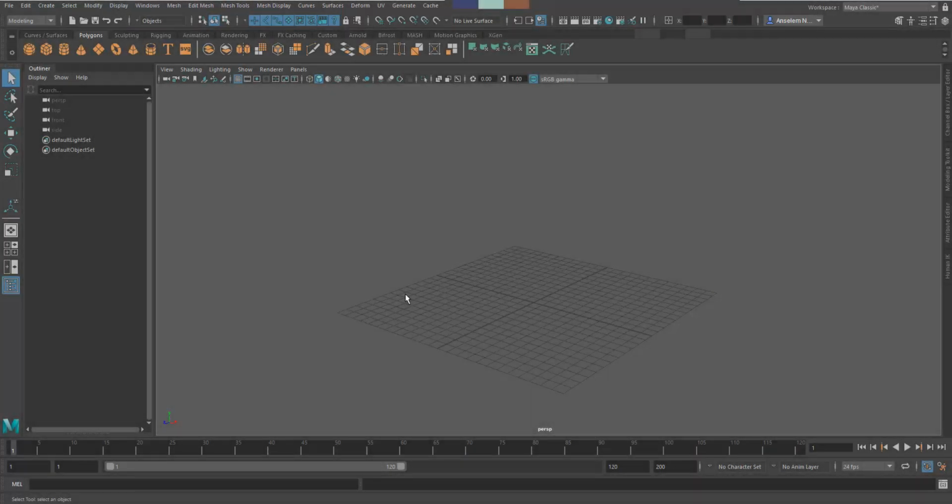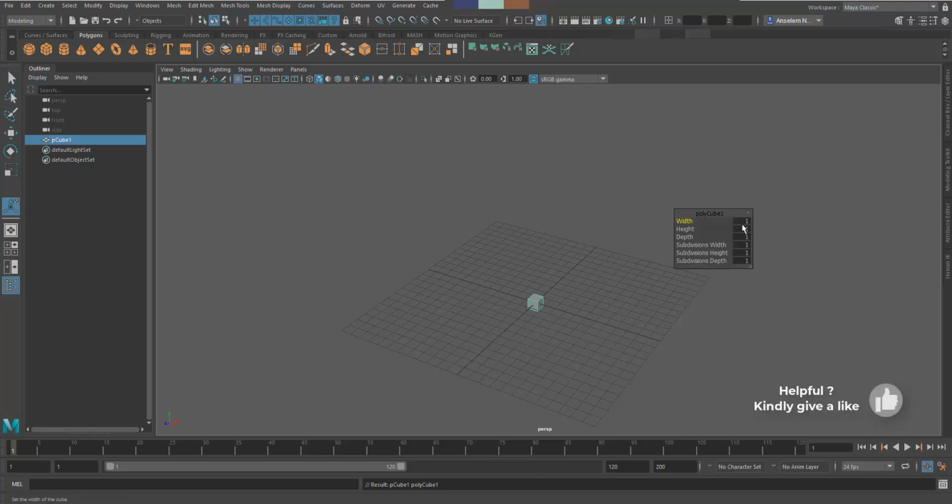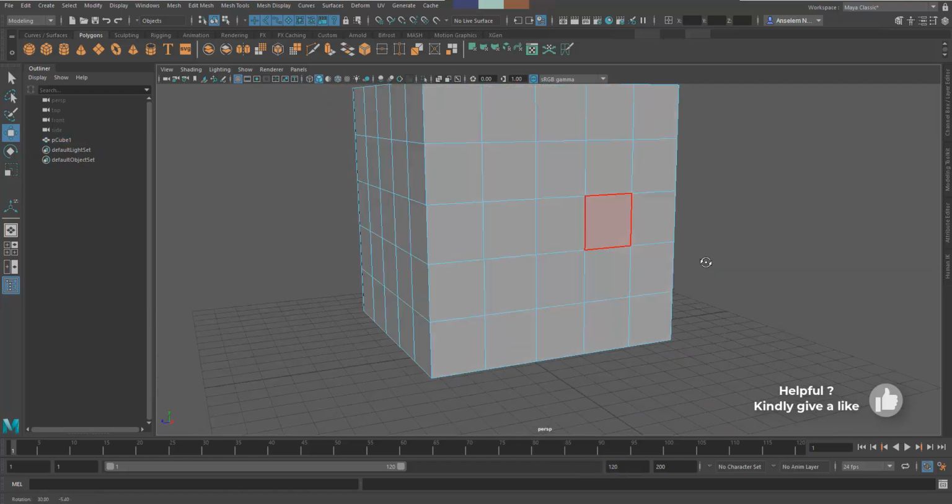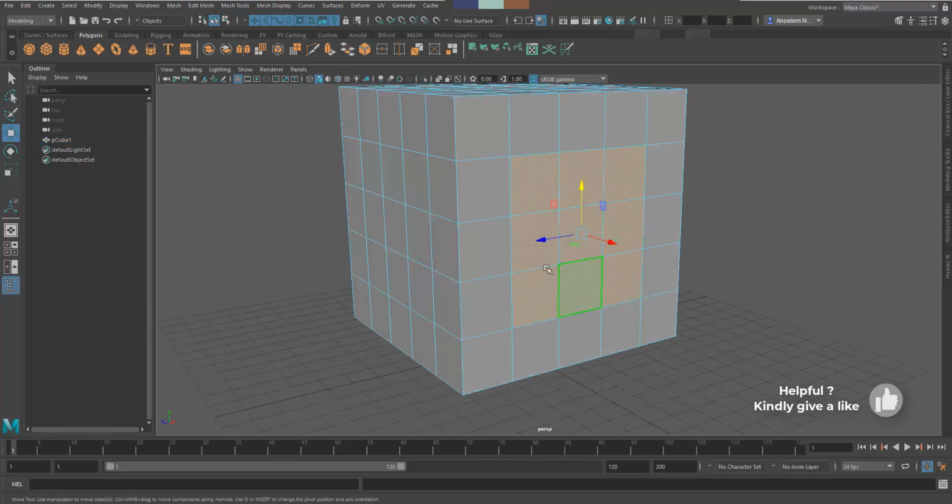This shortcut key can also be used for modeling as well. Under the polygon tab, I'm going to go ahead and create a new cube. And if I press the T key, I can change the height, the width, and the depth of this cube. And also I can change how much subdivision I want for each of these places. I can also go ahead and make a selection,